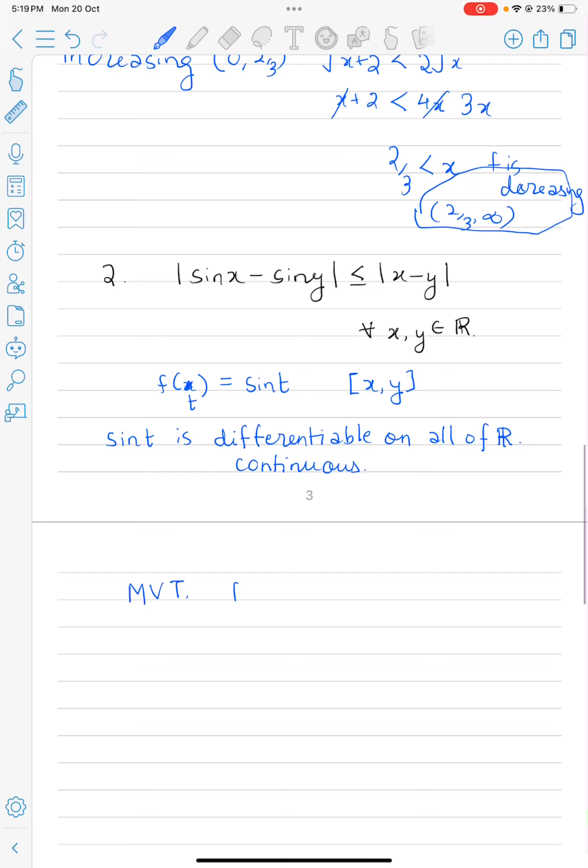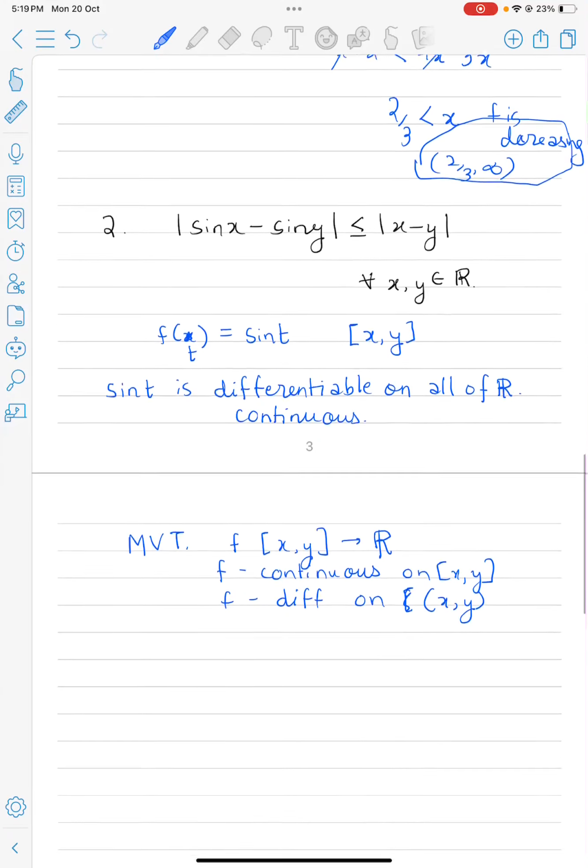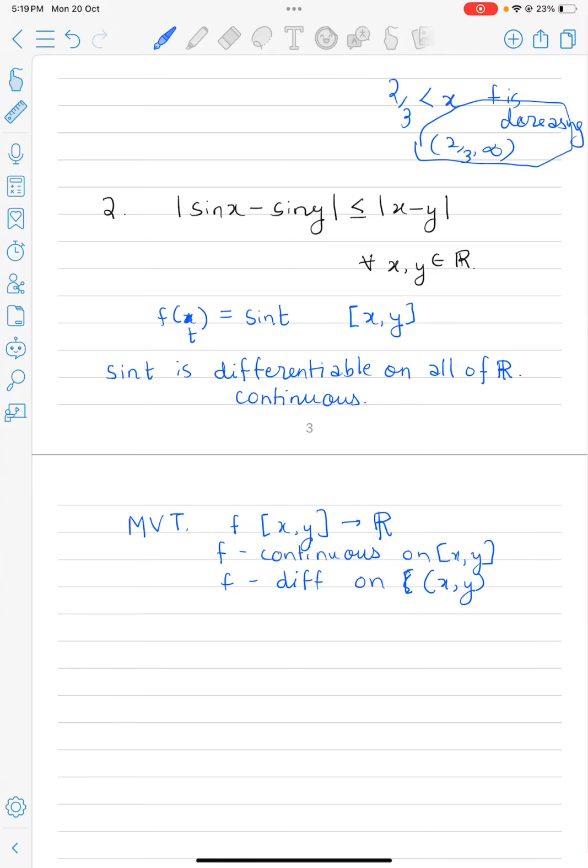So the mean value theorem says that if a function f is continuous on xy and differentiable on it, then there exists c such that